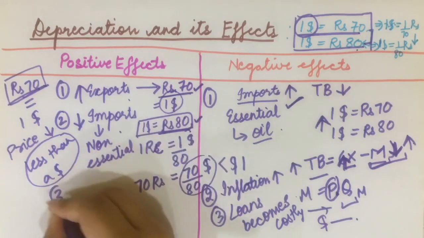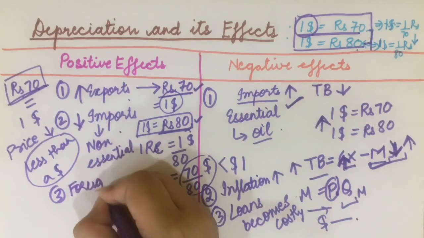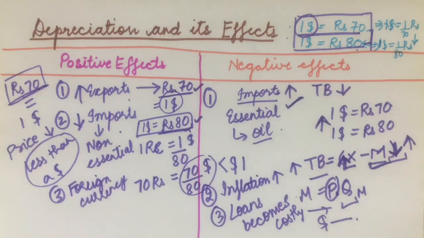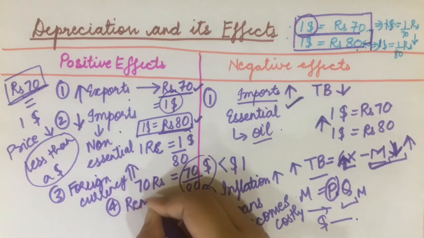Now the other thing is, just like we talked of loans here, suppose there is an individual who has given a loan to someone in India only, but that loan is denominated in foreign currency. So suppose even the government is giving loans to companies and the loan is denominated in foreign currency. So the repayment it gets is in foreign currency also. There are some loans in India which are denominated in foreign currency only. So the value of those loans would go up, and hence it would be positive for the government.